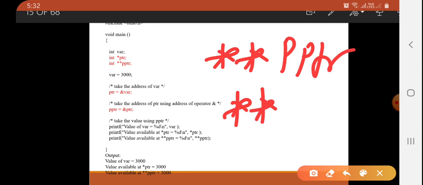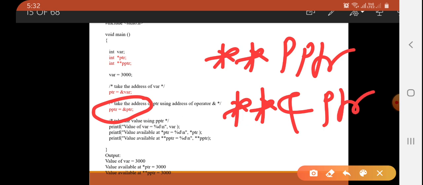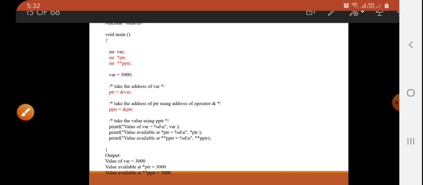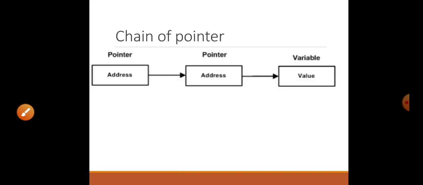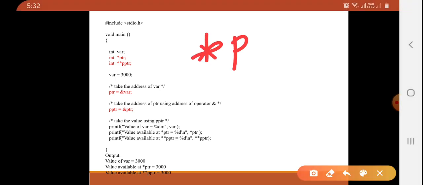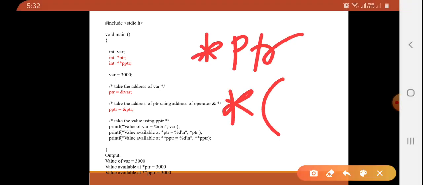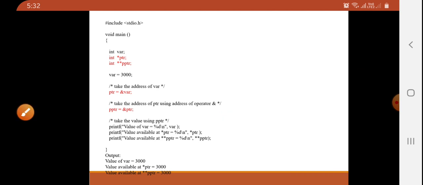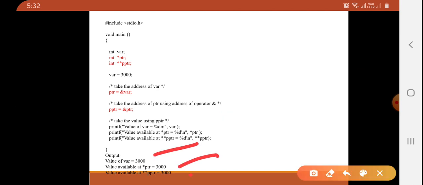What is the value of pptr? That is &ptr, so the * and & will cancel. What is the value of ptr? &var. So *ptr is * of &var, so ultimately it is equal to var. So that is your output: 3000 3000 3000.